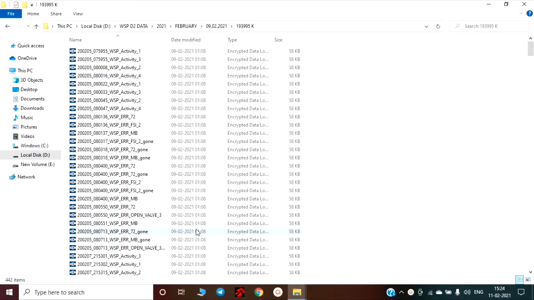The files provided by NOR can be broadly divided into two: activity files that show the dump valve activation, and error files that show errors, basically speed sensor and dump valve errors related to the wiring. For a single event of error, NOR produces three files. There will be a WSP error 72 or 73, which shows whether the error is in a single axle or in a multi-axle. WSP error MB, which shows that the error is related to a component monitored by the MB card, not really an error with the MB card, but a component related to the MB card.